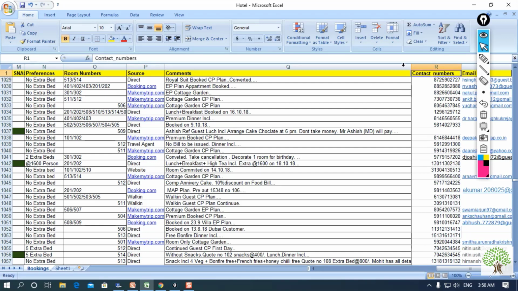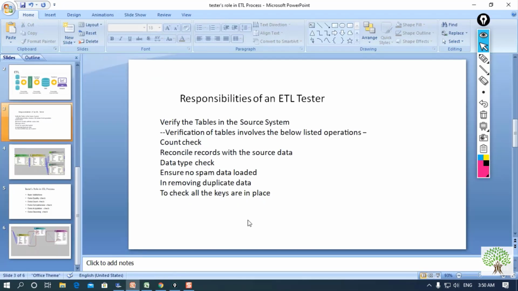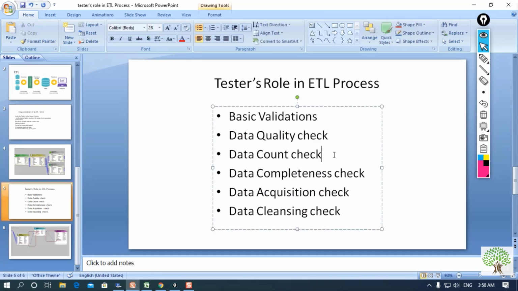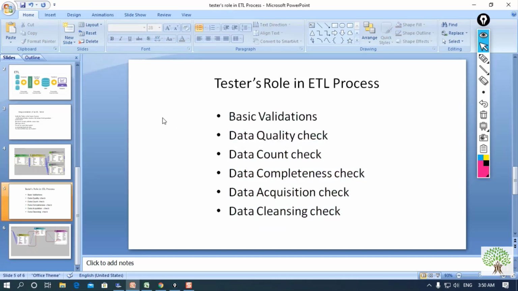So we can apply a primary key and we can link this with a foreign key with another table when we are passing these records, right? Not only these things, we will also go through some validations like the data quality check, count check. So all these things may come under the test cases that we'll go through.